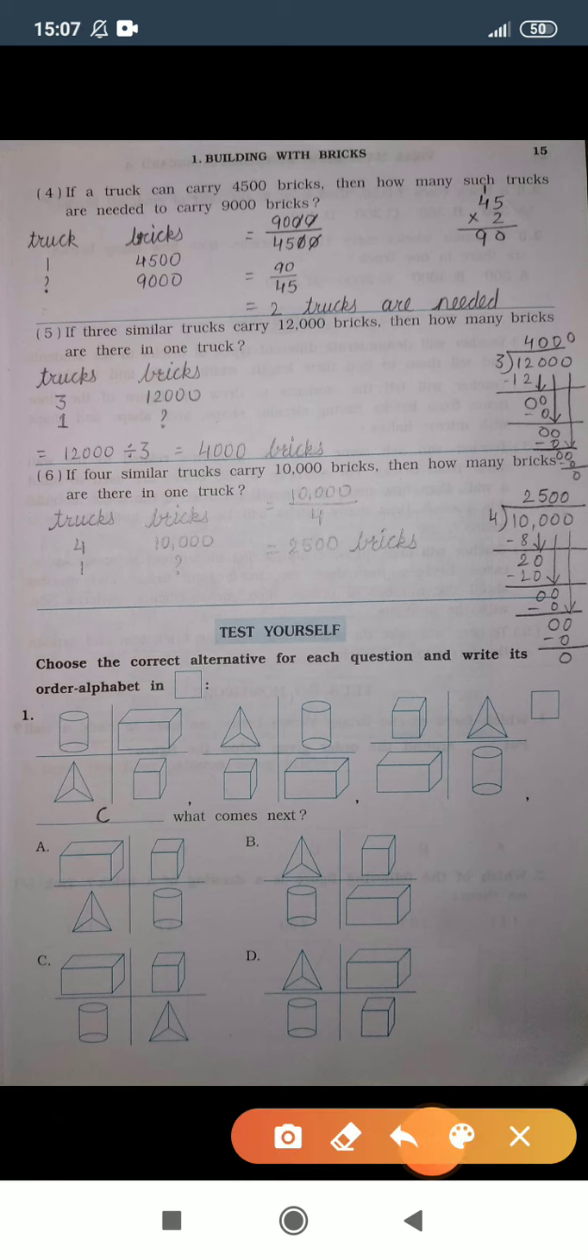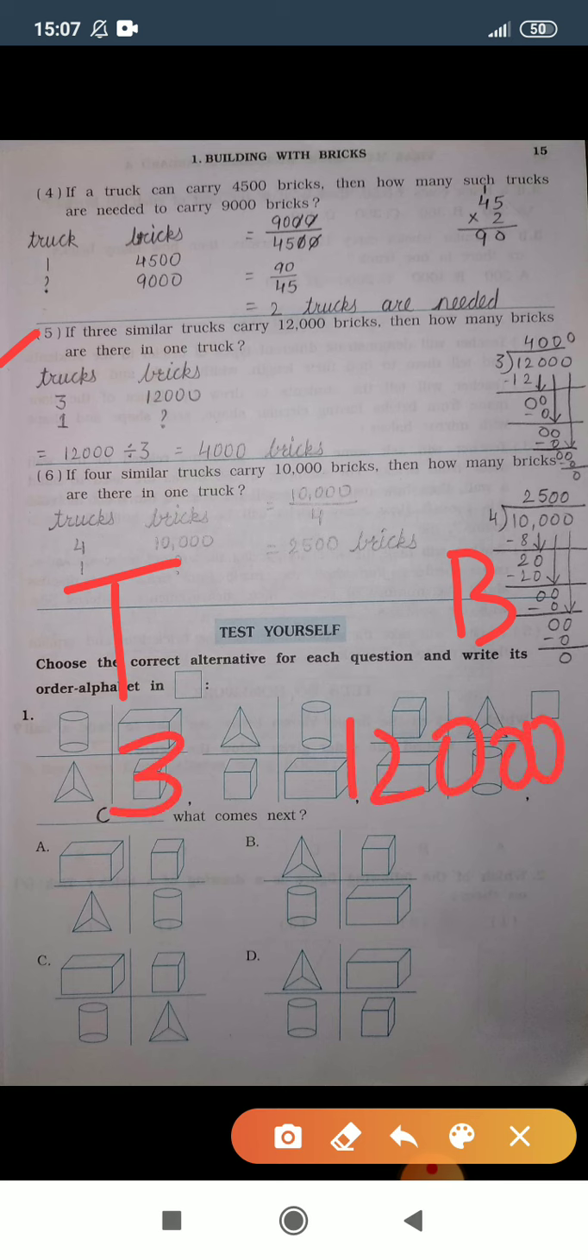Let's see question number 5. If 3 similar trucks carry 12,000 bricks. Again truck and bricks. Here 3 similar trucks can carry 12,000 bricks. Then how many bricks are there in one truck? Now we need to find out the number of bricks carried by one truck. Again we need to divide this number. So 12,000